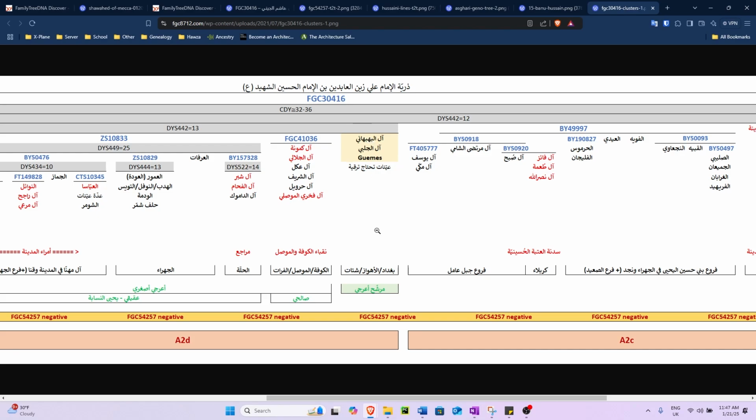Now, as for T2T, I've mentioned it a few times as providing mutations for Imam al-Hasan alayhi salam, and in other points in the Y tree where there have been discrepancies. So T2T is essentially a new scientific genome of the human. The previous reference was called HG38, and the new one is called T2T. So here is a T2T tree. T2T, which stands for telomere to telomere, essentially gives the extra 1% of the missing genome and gives us access to that when analyzing our files.